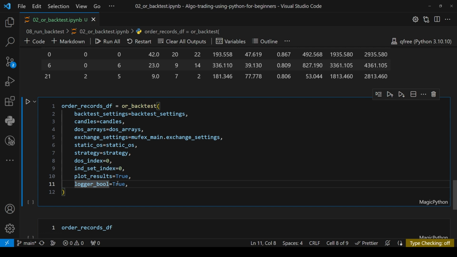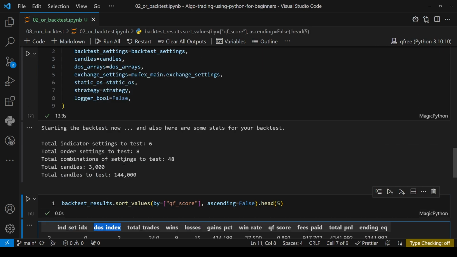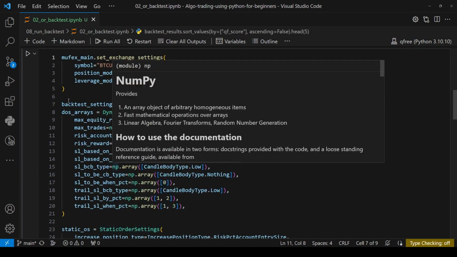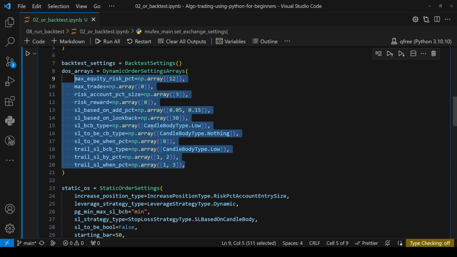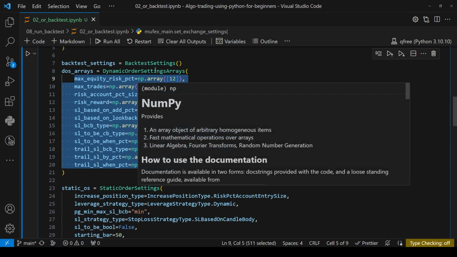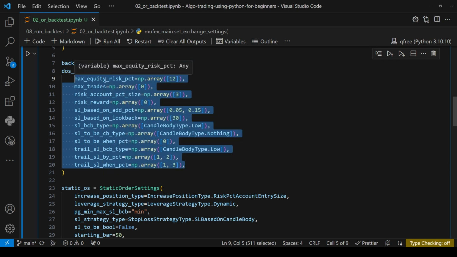But once you have verified that your strategy works the way you want it to work, then you don't need to really put the logs there. The logs are there for you to see exactly what's happening to make sure your strategy is working properly. But anyways, here our DOS index, remember, like we talked about earlier, this creates a Cartesian product. And so we need to figure out, out of that Cartesian product, which of the indexes,